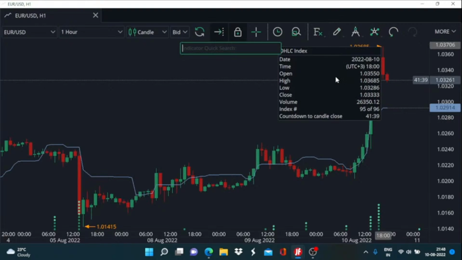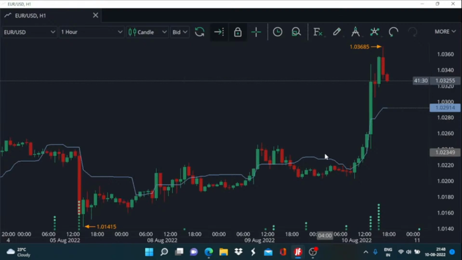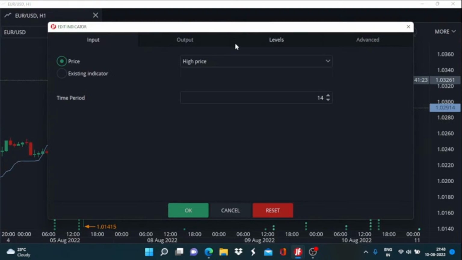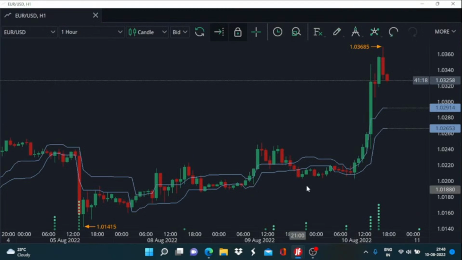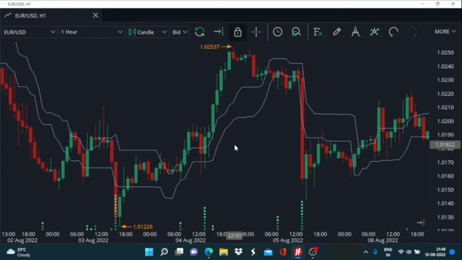Now if I add midpoint over a period, and the applied price will have to be changed to the lowest point, low price. So we get this band,